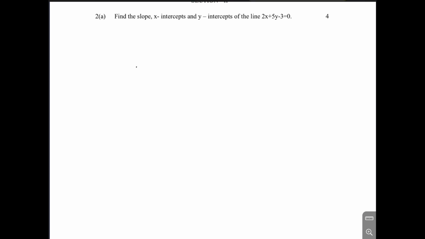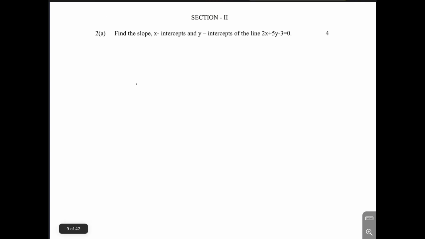Next problem, section second. Find the slope, x-intercept and y-intercept of the line 2x plus 5y minus 3 equals to 0. Solution, given data. The line given is 2x plus 5y minus 3 equals to 0, and we know that